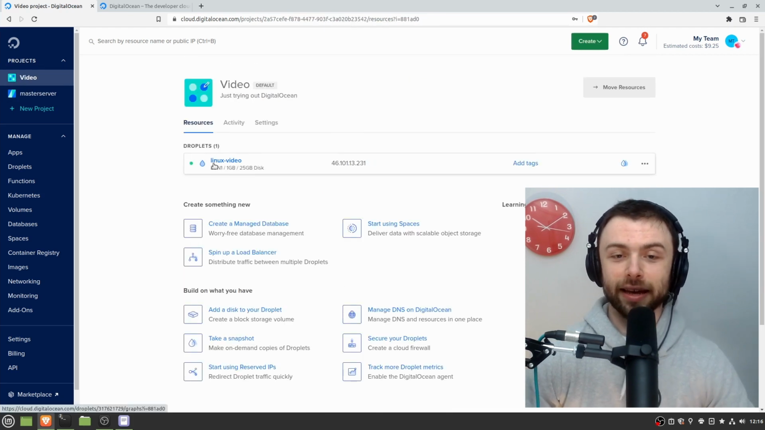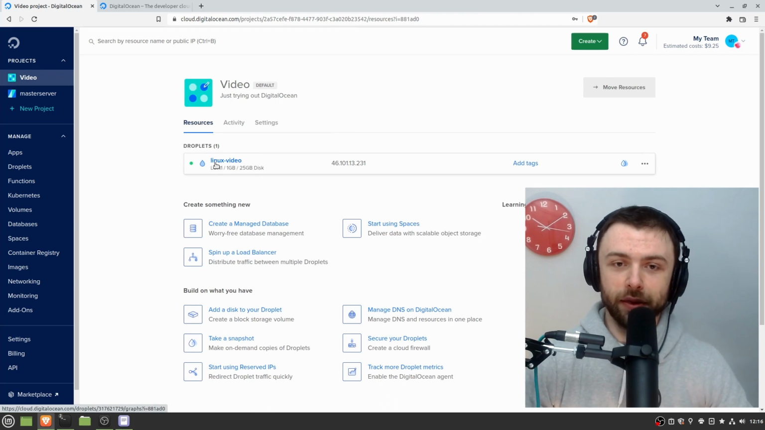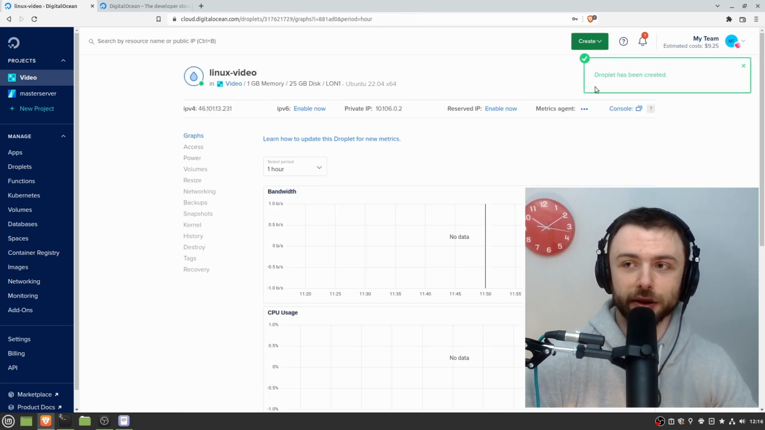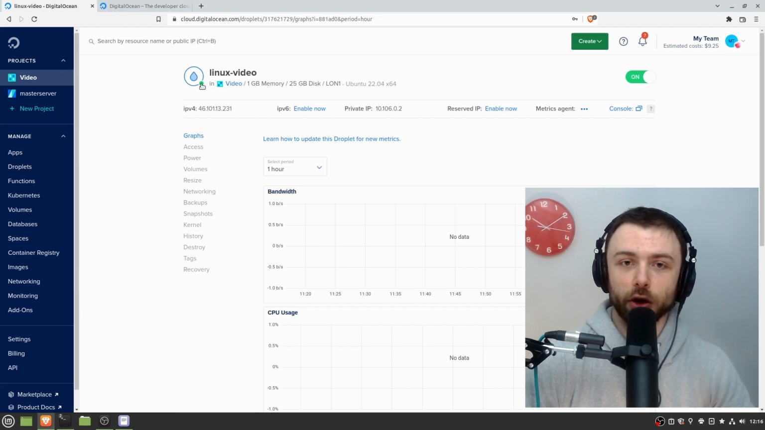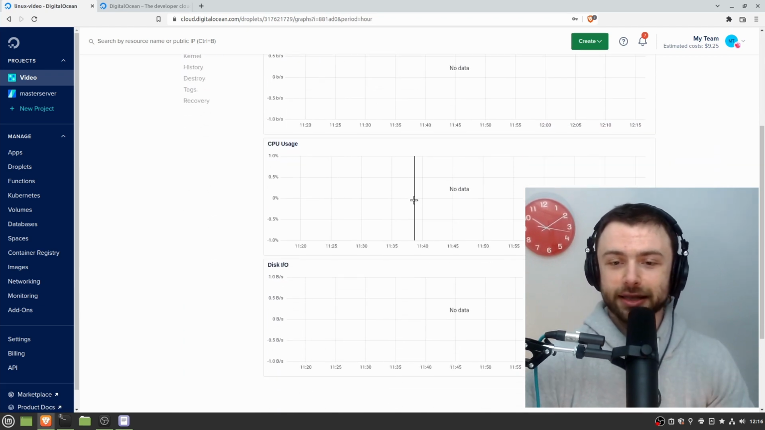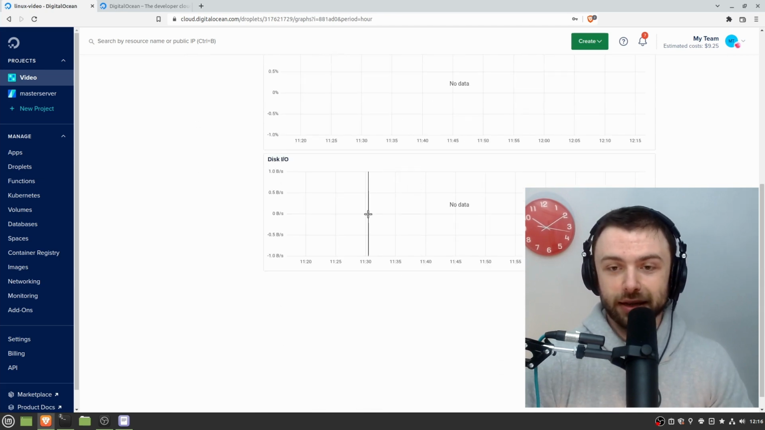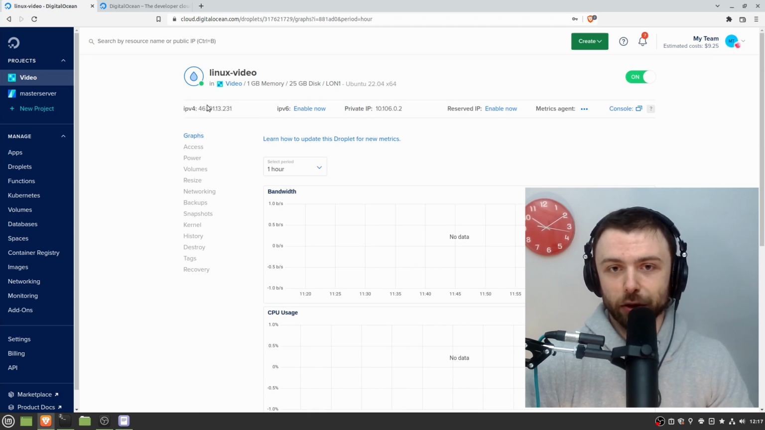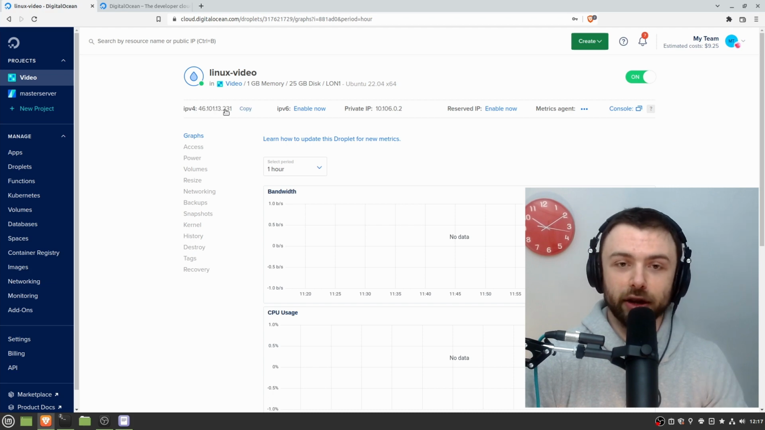It might take a few seconds for the server to properly spin up here. But again, every platform should have some sort of metric screen where you can look at the graphs here. You can see that it's online, and if you wait a minute, you'll be able to see the CPU usage, the disk usage, and how much internet bandwidth it's using. This is your IP address up here, so there should be an IPv4 somewhere, and that's how we're going to connect